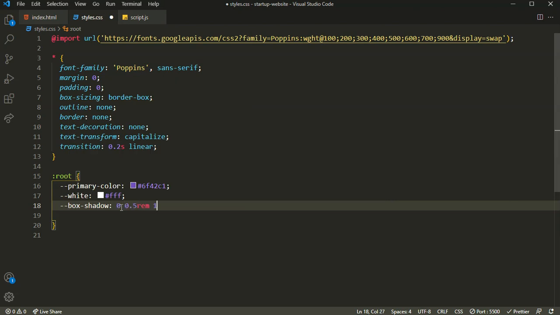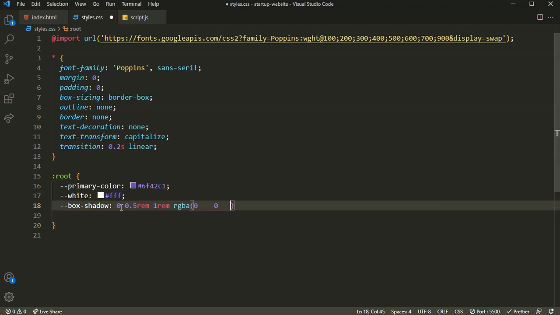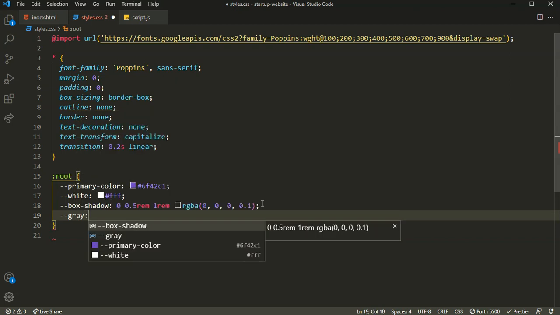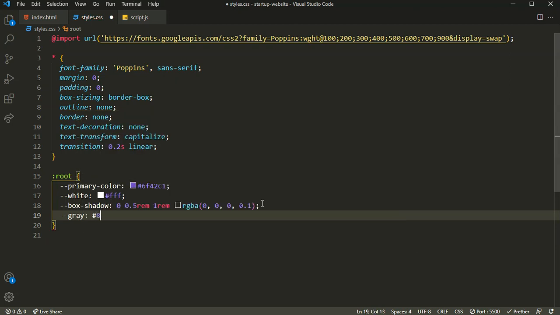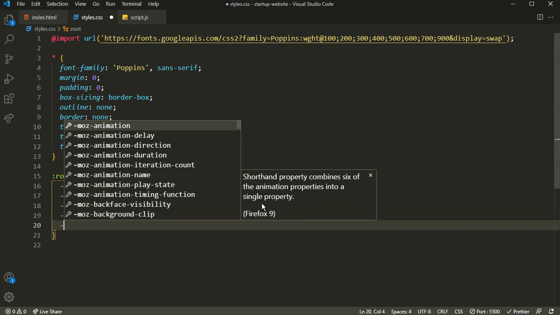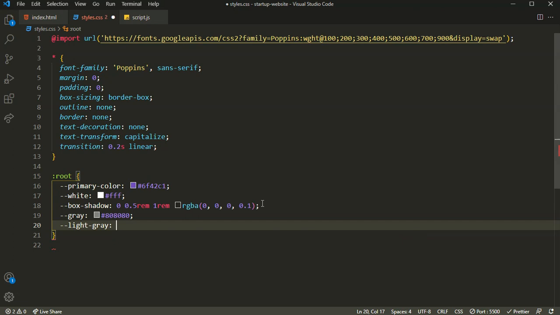which I will set as 0.5 rem, 1 rem, and RGB value of 0, 0, 0, and an alpha value of 0.1. One more variable is gray color. Let's set it to 808080. This is a grayish color. Okay, now finally one more variable for light gray. That's going to be this color. Alright,